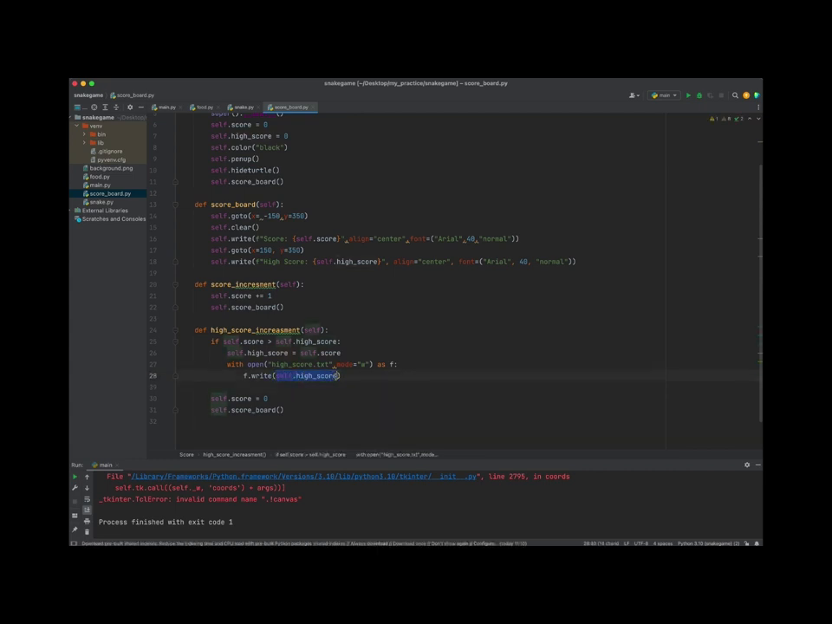It should be f string, sorry, f string, right? So now what is happening, this high score, I can keep here, it's okay. When it's writing, a new high score will automatically create a txt file here, inside the snake game